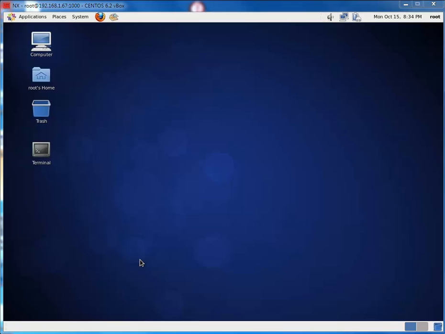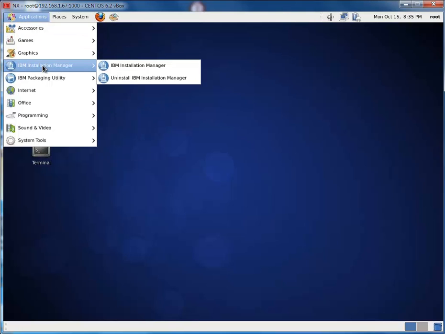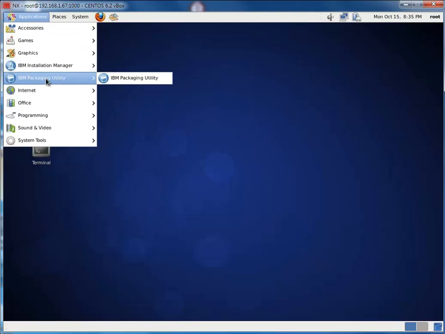Okay, what we have in this example is a brand new installation of CentOS 6.2, and I've already installed the IBM Installation Manager, and then I've installed the IBM packaging utility. So what we can see here is on my desktop I already have the IBM Installation Manager and the IBM packaging utility. What I've done is use the IBM packaging utility to download the repository from IBM for the WebSphere